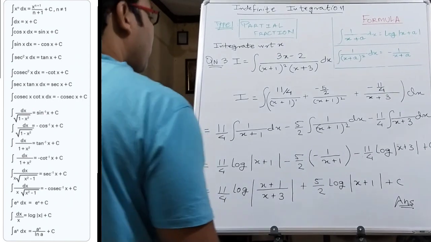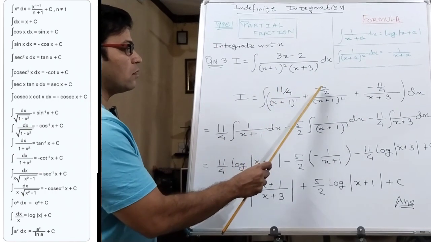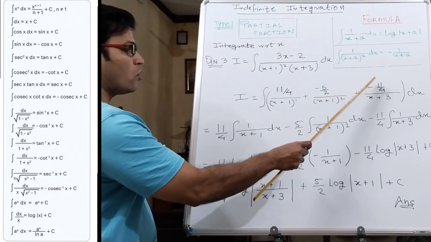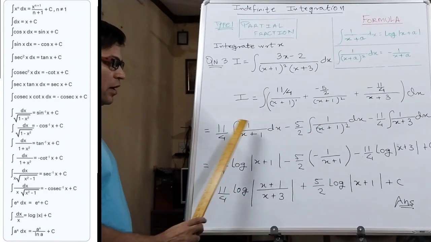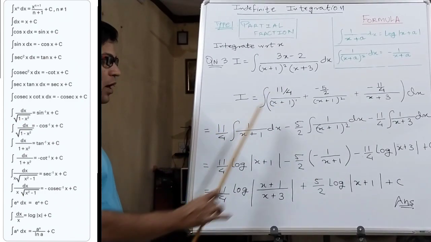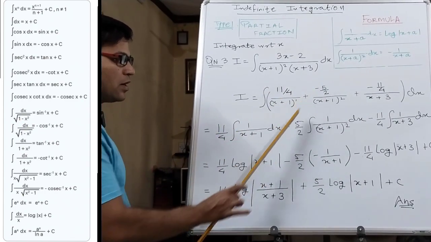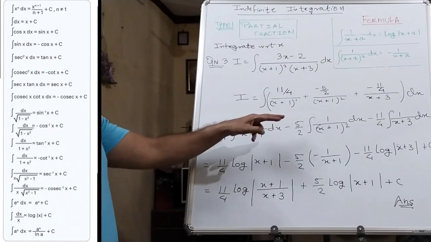हाँ, so after that step a b c values are known, a upon x + 1, b upon x + 1 whole square, c upon x + 3, substitute the values, separate the integration, when we separate this 11/4, constants will be outside, numbers will be outside, plus minus minus, plus minus minus, adjust the signs accordingly।